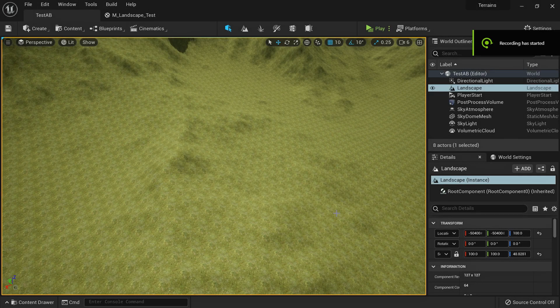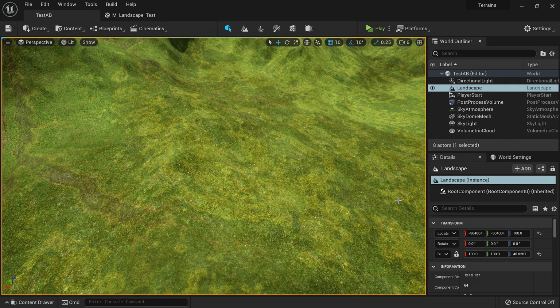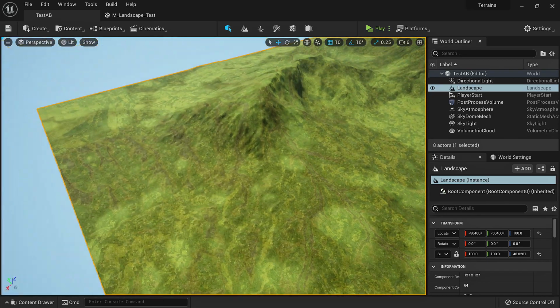Texture repetition or texture tiling is a pretty common thing that you come across when you are building your landscape in Unreal Engine. Hello and welcome to this video. Today we are going to take a look at all those methods which we can use to create a material which does not repeat itself and we get some natural looking textures. We'll start with these basic textures and work our way up to this material which has this natural color variation.